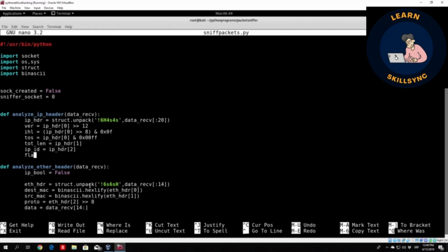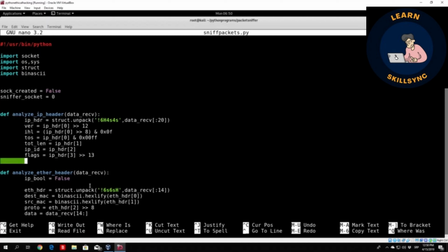Okay, so we will call it just flags equals IP underscore header, the third or fourth element in our list shifted 13 bits. The next thing that will also correspond to the fourth element will be the frag offset. So frag underscore offset equals IP underscore header, third element, and we want to add it to the amount of bits needed. So let me just find the actual, okay, so here it is,